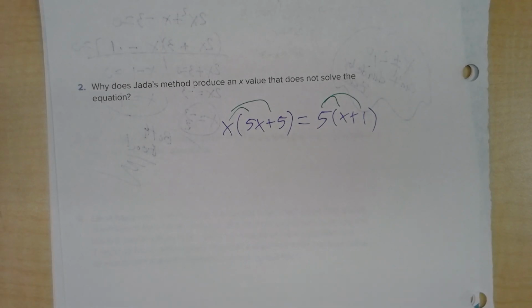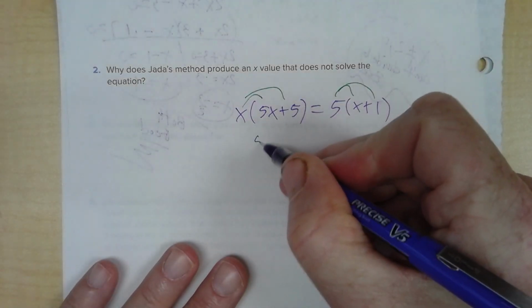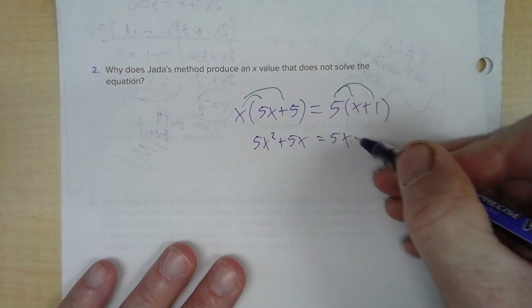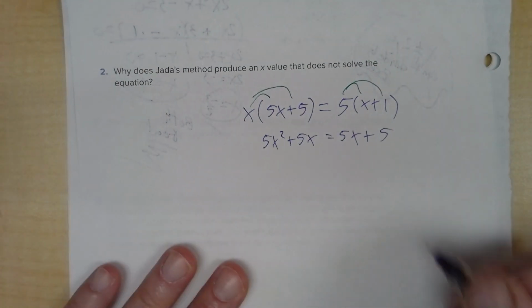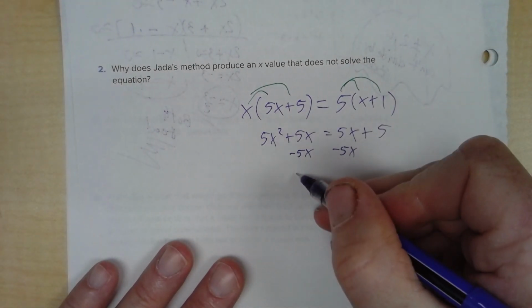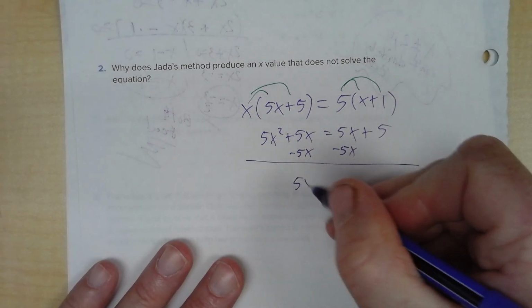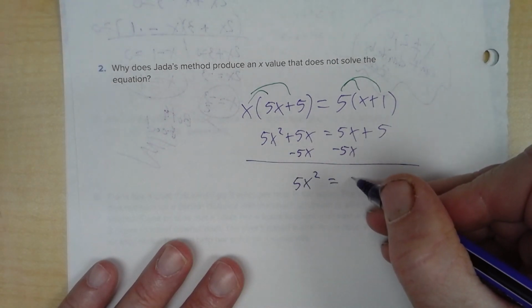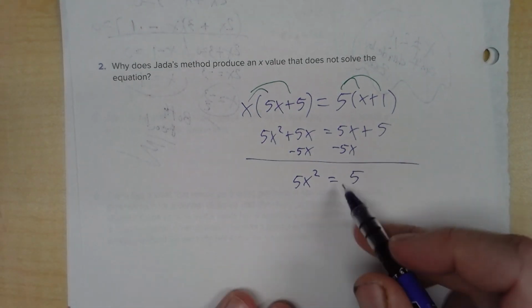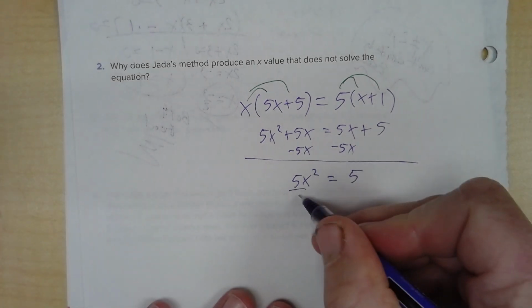All right, here we go. 5x squared plus 5x is equal to 5x plus 5. So we're going to subtract over the 5x. Ooh, that's good news. Oh, I'm not going to set it equal to 0. So 5x squared is equal to 5. I misled you. Don't set it equal to 0, because when you lose that x term, it's actually easier to